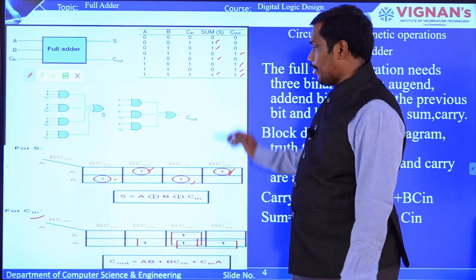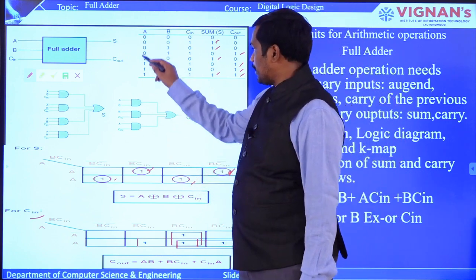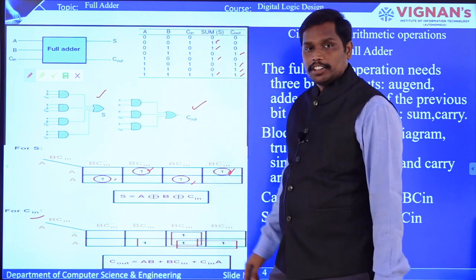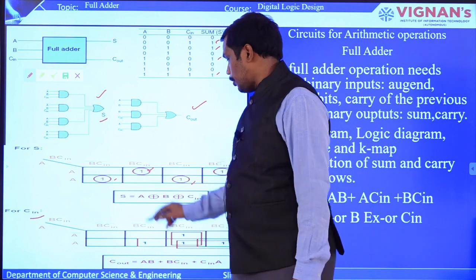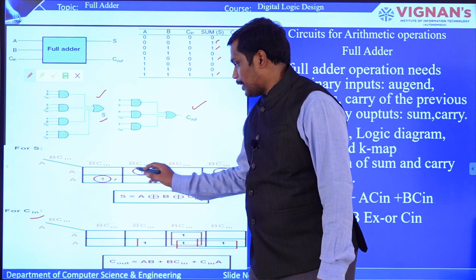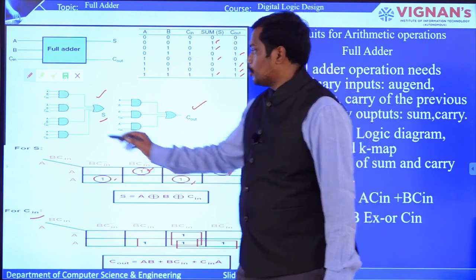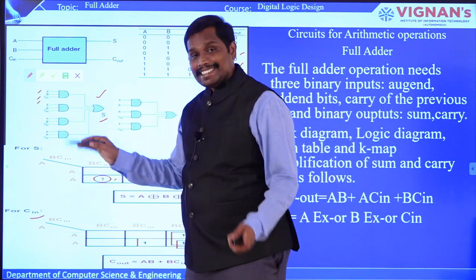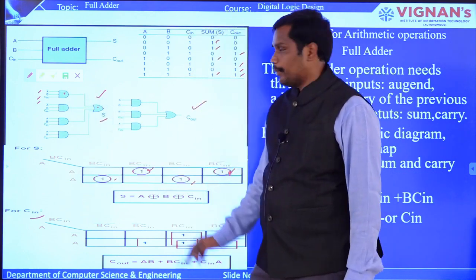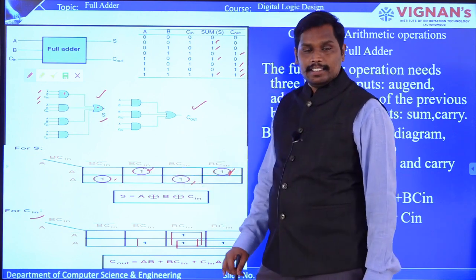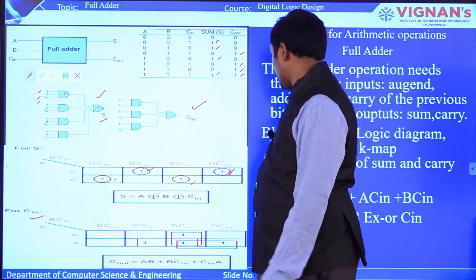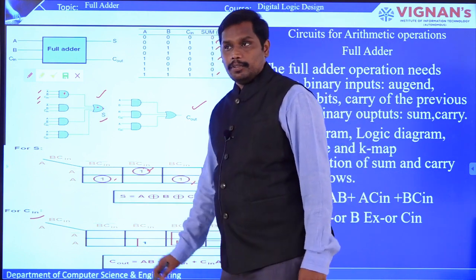Now for this truth table, you can have logic diagrams for sum as well as Cout. You can see that sum is the combination of A exclusive OR B exclusive OR Cin. Otherwise, you can also write it in terms of terms like A bar, B bar, Cin, which are given as inputs to AND gates and added to get sum. So this is how you are going to finalize the equation. Are you getting it? So hope this is clear how the full adder is done.